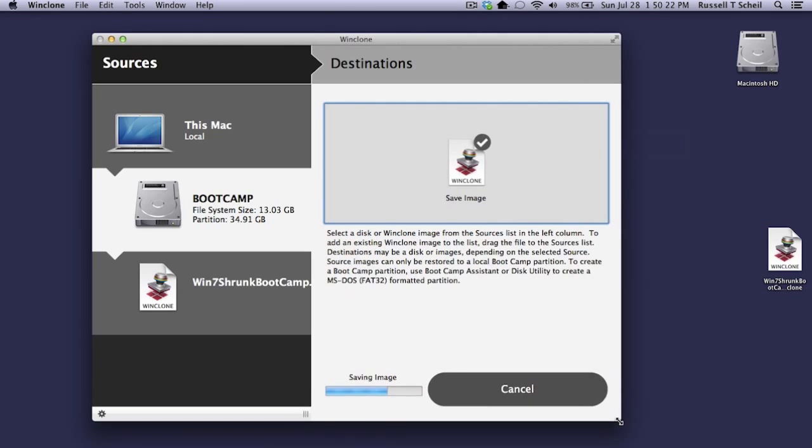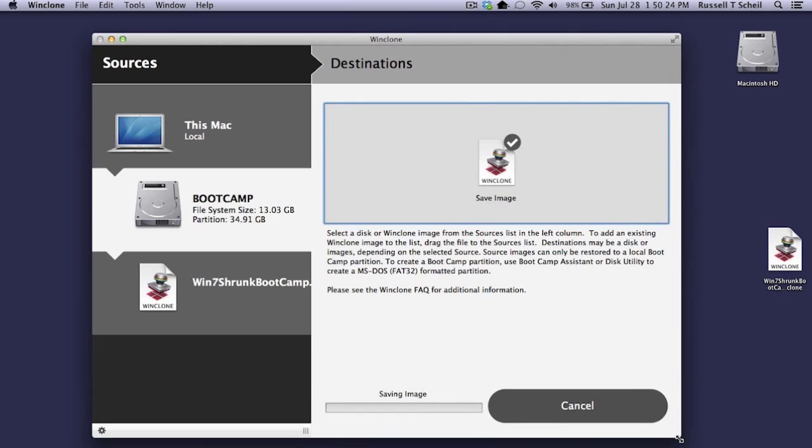You'll notice that the Boot Camp partition disappears from the desktop. Winclone unmounts Boot Camp to have full access to copy the contents. The progress bar gives us the status of the imaging process. Incidentally, this video uses time-lapse, so the actual time required to create the image will be longer than what you're seeing here. You'll notice that the new image file now appears on the desktop, as well as in the Winclone